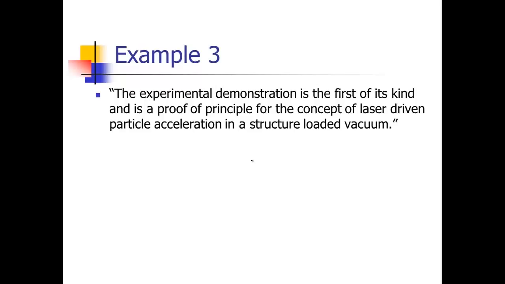The experimental demonstration is the first of its kind and is a proof of principle for the concept of laser-driven particle acceleration in a structure-loaded vacuum. So if we're kind of going through this one, the experimental demonstration is kind of a long way of just saying, I think we could edit that to the experiment. And then we get is the first of its kind and is a proof of principle. Notice the use of the verb to be, is and is. That's kind of a boring verb, so maybe we can put in a slightly better verb there. And first of its kind and is a proof of principle is a little bit repetitive. What if we just said the experiment